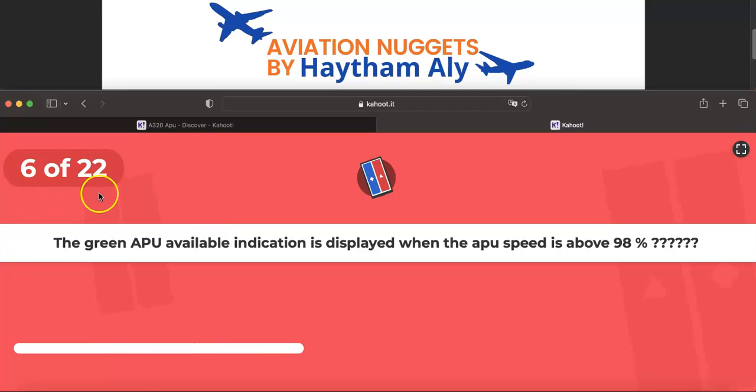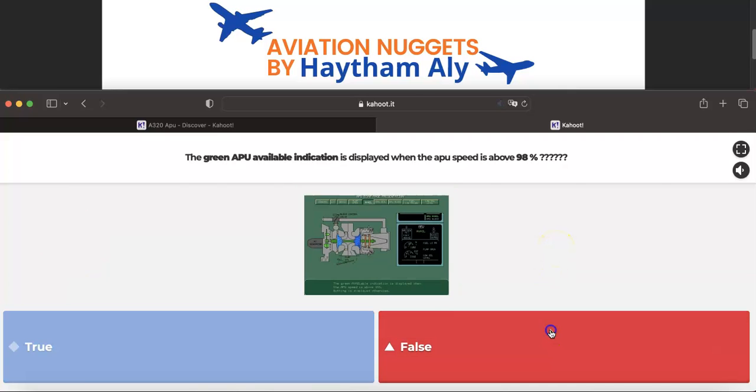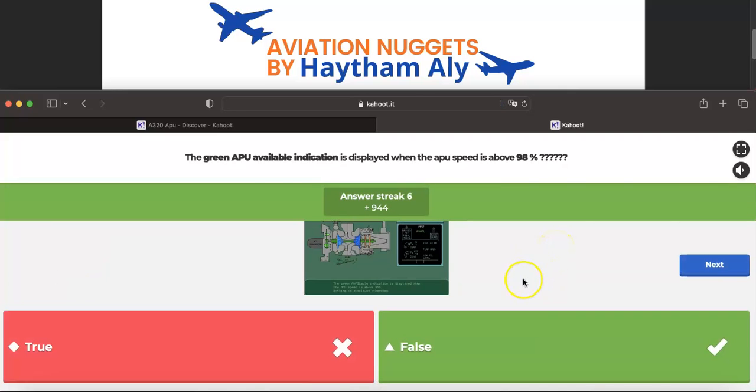Question 6 of 22. The green APU available indication is displayed when the APU speed is above 98%. This statement is false. Why? Because the green APU available indication is displayed when the APU speed is above 95%, not 98%. When you initiate an APU start, the APU ECAM bleed page will come up, indicating